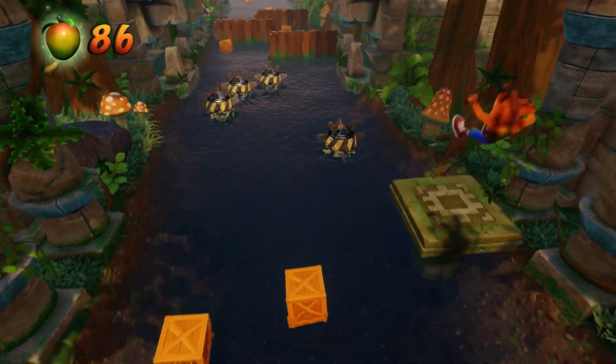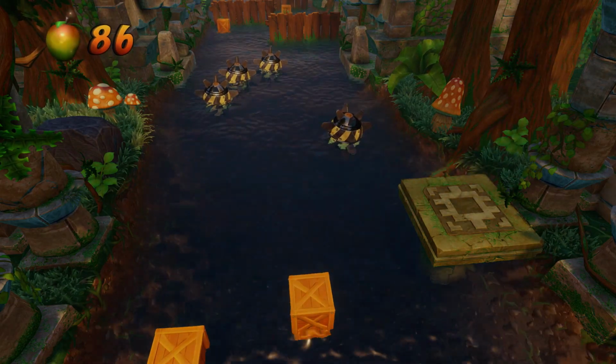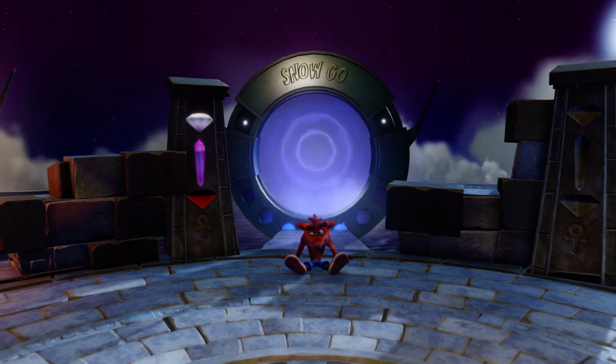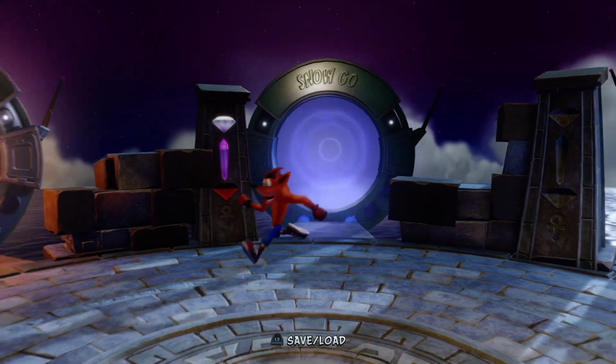So I've got to line it up with the shadows and jump perfectly on this platform, and now it'll take you to the secret warp room for the first time. There is actually something interesting about that, which I'll just show you. So this is a secret warp room, of course,